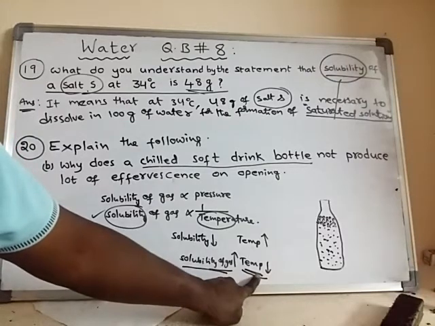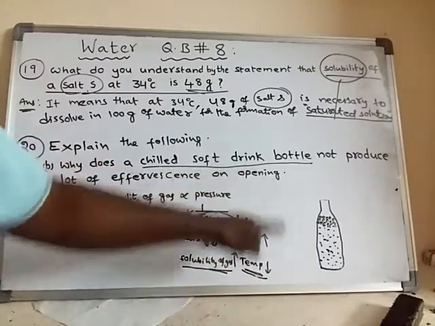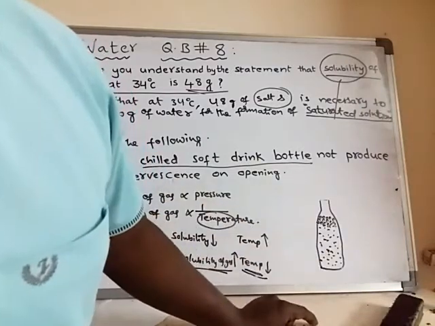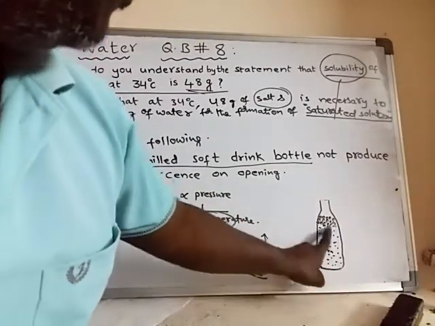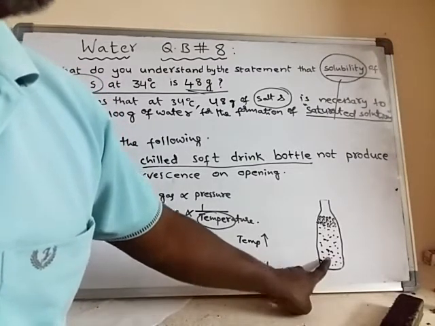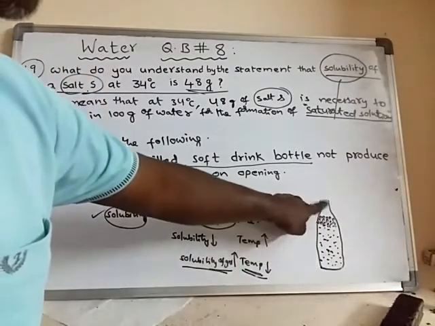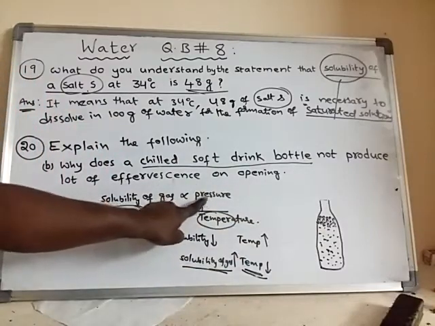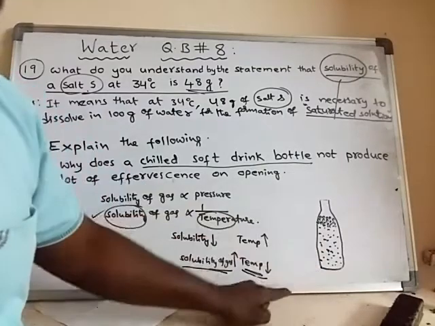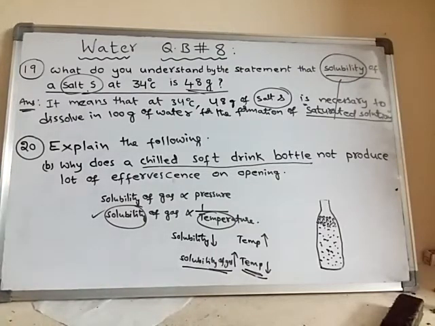So when a chilled soft drink bottle's temperature is very low, solubility will be more. That means more carbon dioxide will try to remain in the solution in the dissolved state, and only a very little amount of carbon dioxide will form effervescence because some pressure is decreased. Whenever pressure is decreased, solubility of only a little amount of gas will decrease, and more gas will remain in the solution in the dissolved form. Okay, so that is the reason.